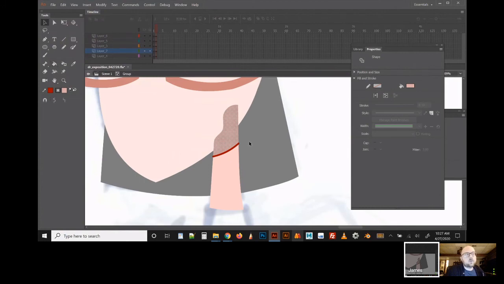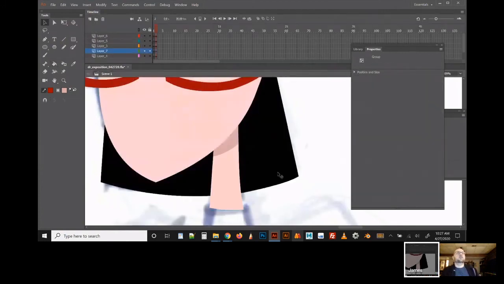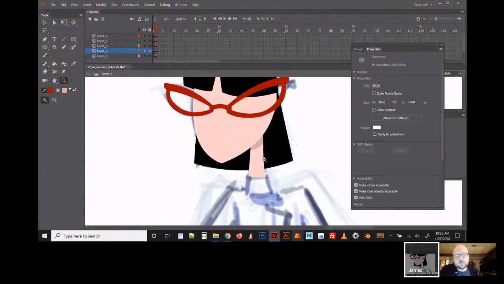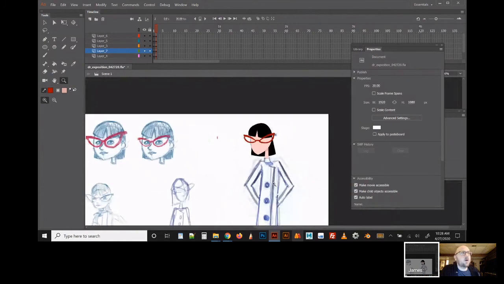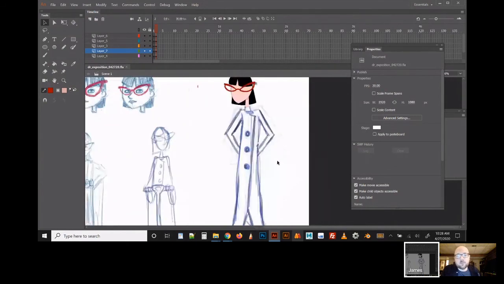BoJack Horseman in particular, every character in that show is basically an allegory for something else. BoJack in particular is a really good example, right? He's a stud who's past his prime and he's been put out to pasture. BoJack has basically been living on the residuals of his '90s sitcom for most of his life.